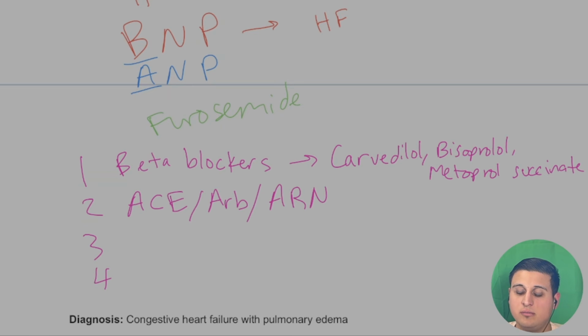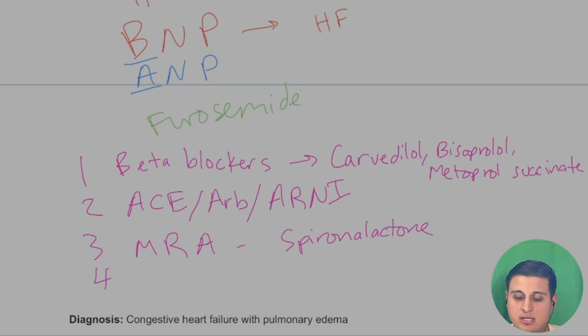ARNI, that neprilysin inhibitor on top of the ARB, right? So valsartan, that's the ARB, and then sacubitril will be the neprilysin inhibitor, right? So sacubitril valsartan is one of the new meds that they have that's great for patients who have heart failure. Or you can just give lisinopril or something like a normal ACE inhibitor, right? From there, we can give an MRA, right? So that's more of that mineralocorticoid receptor, like blocking aldosterone, right? So something like spironolactone, right? And then the last one,